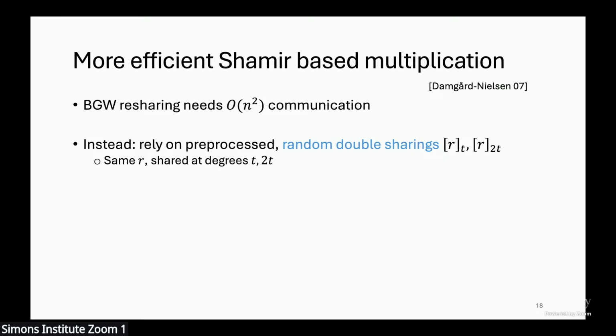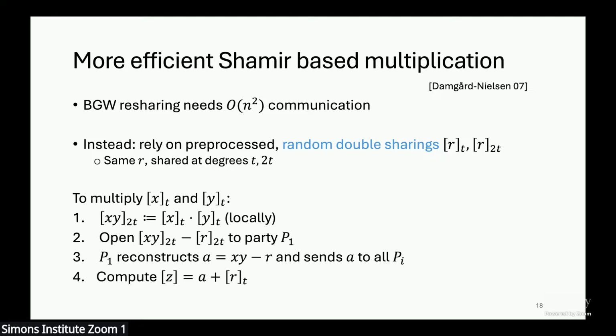So if we're given some setup that distributes these to the parties, the multiplication can be done very easily by doing the first step as before, where we locally multiply shares and get a degree 2t polynomial, and then take this degree 2t sharing and subtract from it the random sharing r at degree 2t and reconstruct this. And one kind of trick is here we'll reconstruct it to party P1, and then P1 will keep the result so that we can do this with linear complexity instead of having everyone send shares to everybody else. And then P1 will compute this xy minus r term, send it back to everyone else, and then they can compute,